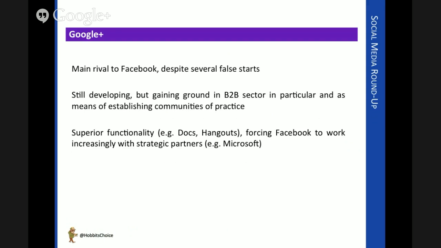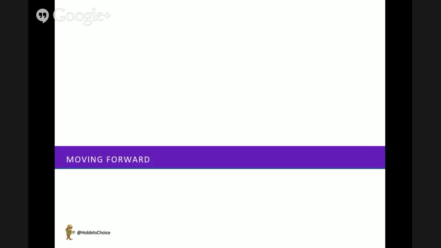So Google Plus is starting to drive the agenda now, and Facebook's struggling to catch up in certain functionality areas. And really, whereas Facebook is very good for B2C, Google Plus is increasingly being favored, particularly in business-to-business markets. So again, I think it's something that's going to become more and more important and has all of those uses we've already talked about, from thought leadership to brand awareness.